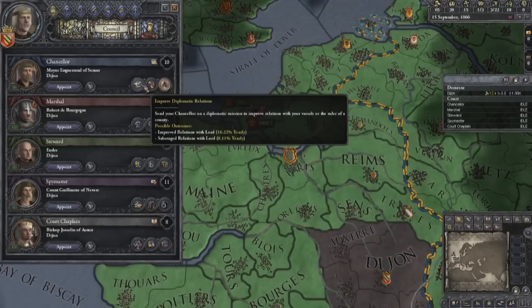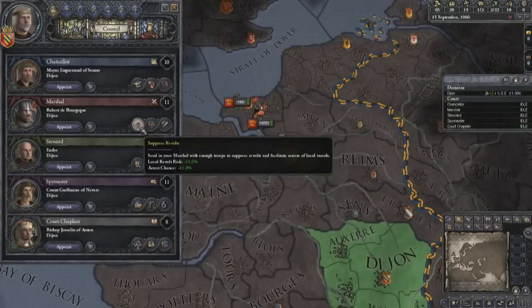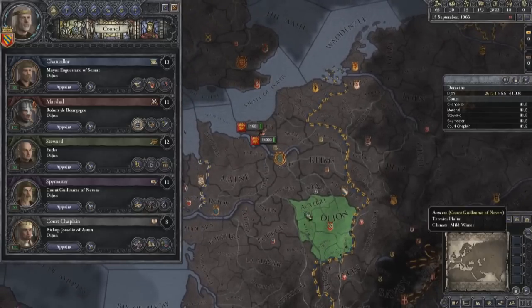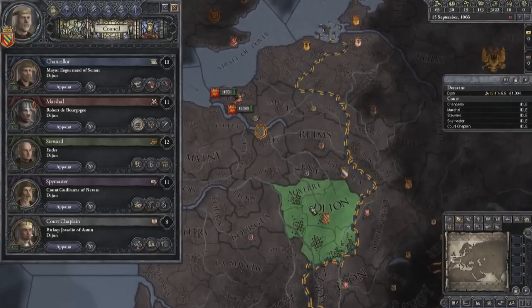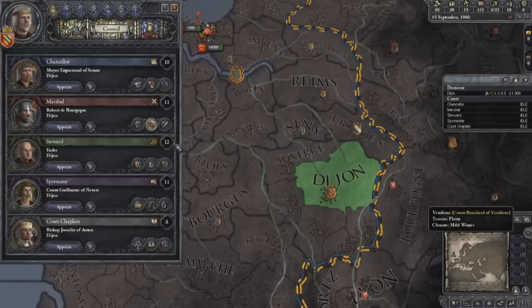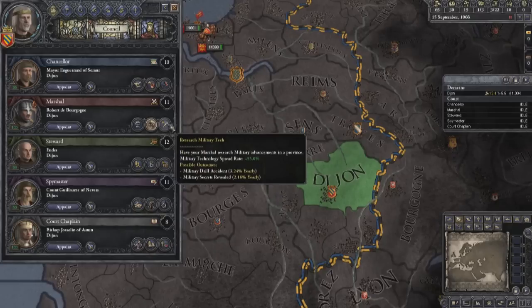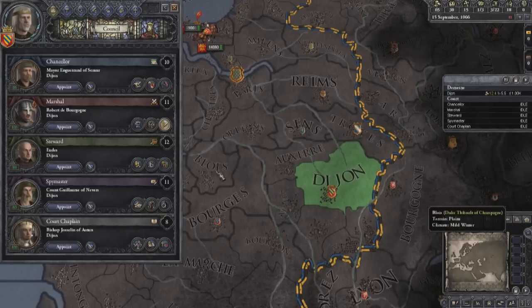That sow dissent is usually not that great. It has situational use. Then you have your Marshal. They can suppress revolts, which, let's say the peasants are going to try to revolt somewhere here, it would make it less likely. Also, if I use it in one of my vassals' county, it makes it easier to arrest them. I can train troops, which is what I personally usually do, and it increases the size of your army, and you can research military tech,